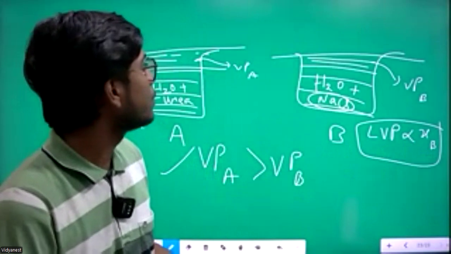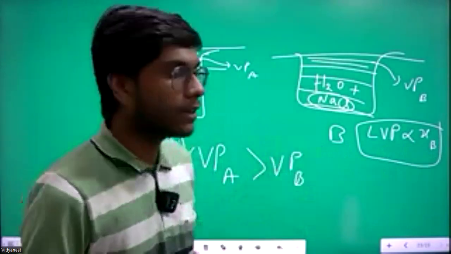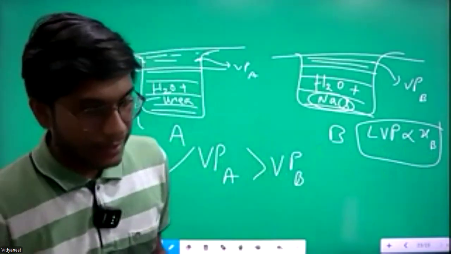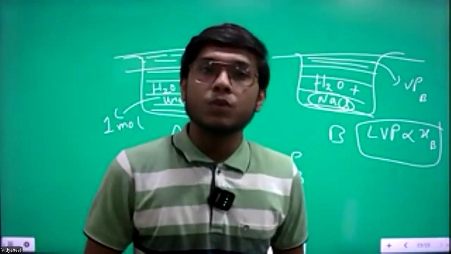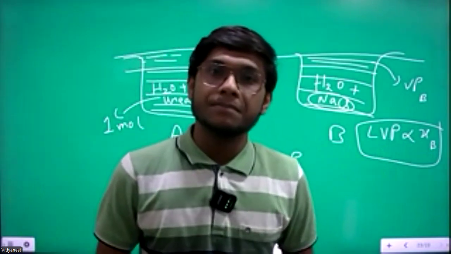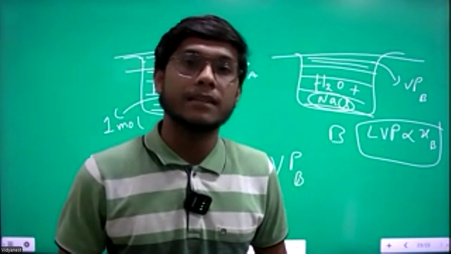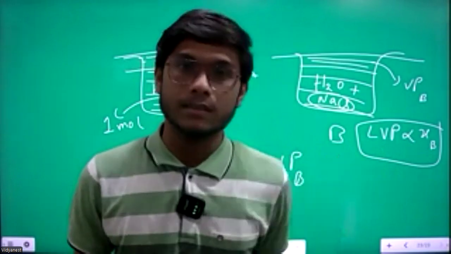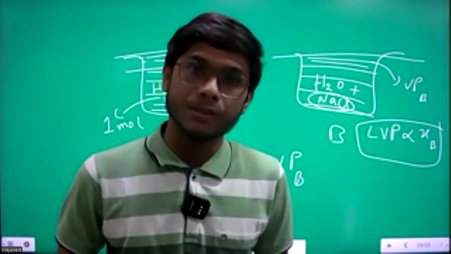Now don't worry. We'll go through the Van 't Hoff factor in greater detail in the next class, and also move through the Nernst equation and electrochemistry. We'll try to complete electrochemistry in 2 classes. Then we'll move on to the next chapters.